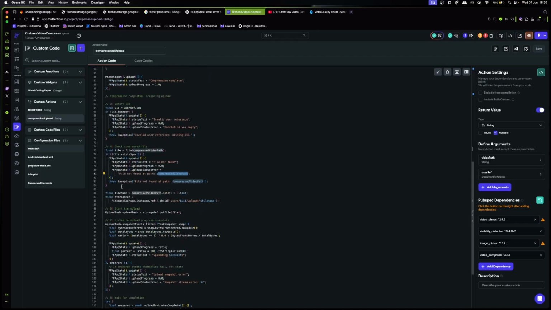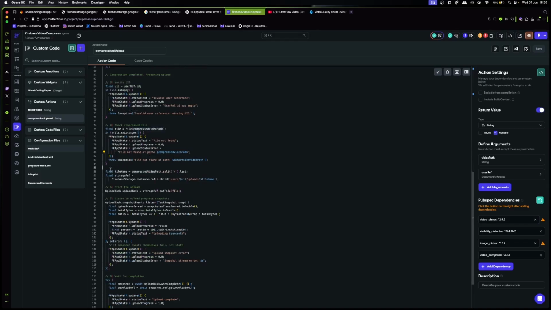Then after that, we're going to create the file name, because we need a file name that we can set in. So this is now where that uploads comes in. You can change this to videos, change it to images, whatever it is that you want. So in this case, let's change it to videos. It will make more sense. So just save that.